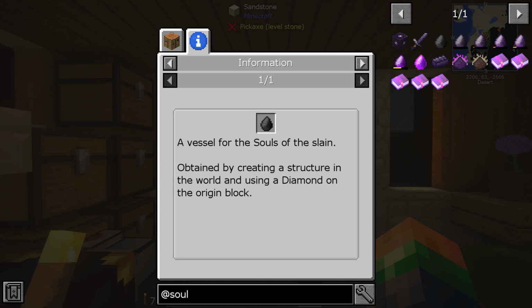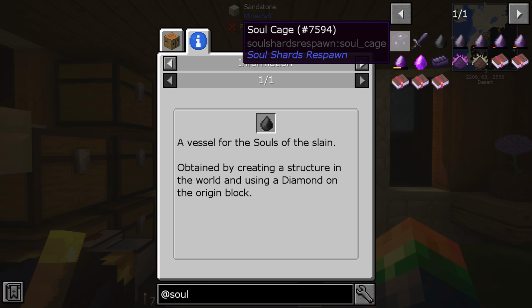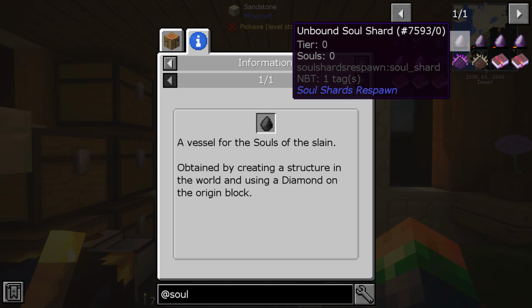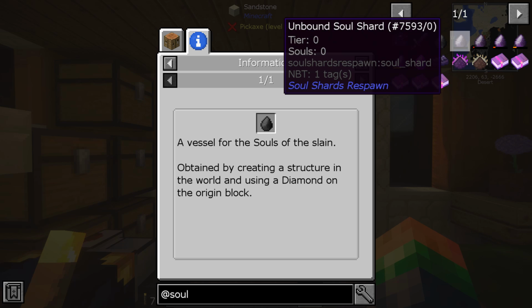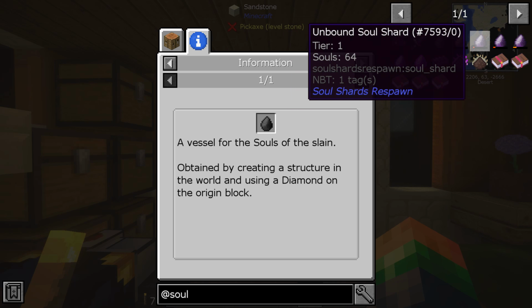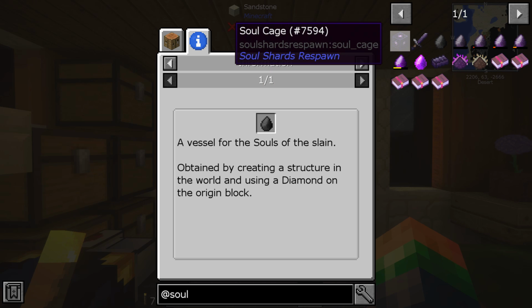All right, so welcome back here. So I've got some things, and I want to kind of explain it here. So specifically the soul cage, all right? So the goal is that as we build up these soul shards, we get different tiers, right? And so like the kill requirements here for, say, the tier 1 is 64, right, for tier 1. And what that's going to do is when we put that into the spawner, it's going to spawn two entities